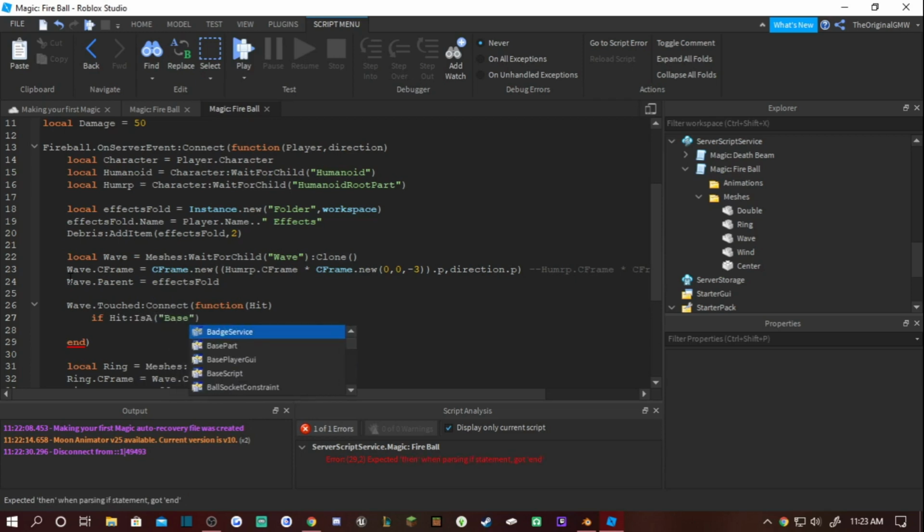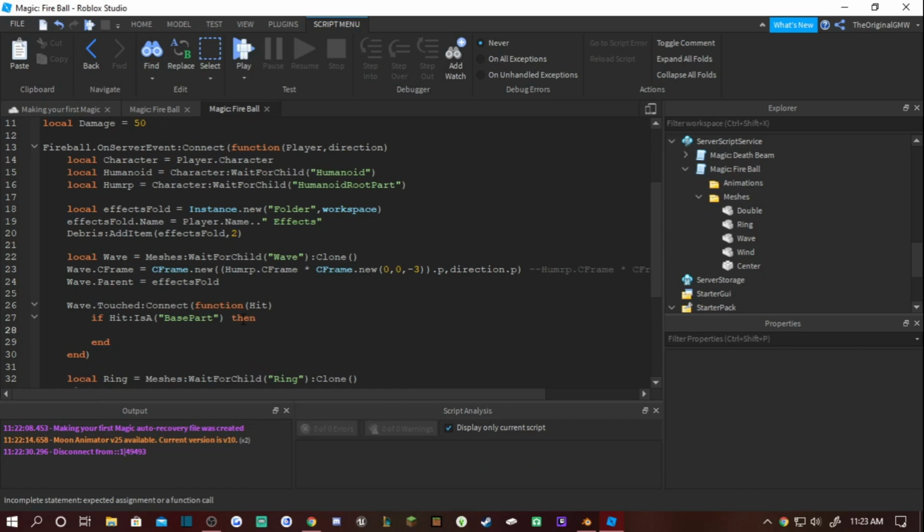BasePart. Instead of doing IsA MeshPart or IsA Part, we can just use BasePart, because MeshPart and Part are a part of that BasePart category. Then we drop a few lines and click in, and that makes sure it's hitting only mesh parts and parts. Then what we want to do is check if not, because we don't want to find hit as a descendant of our character,